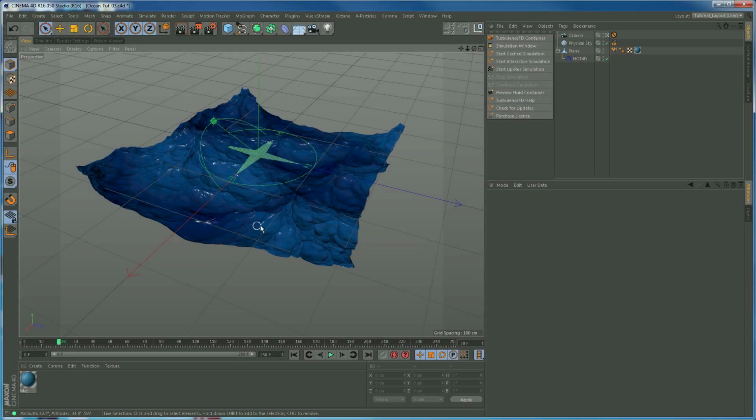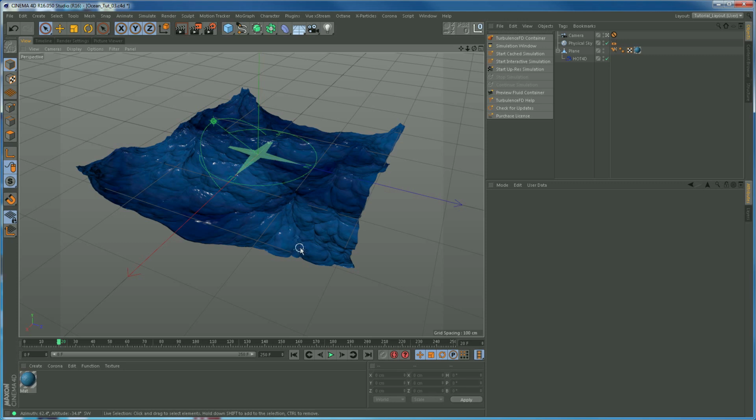So here we are in our Cinema 4D file for our ocean, and this is where we got to at the end of tutorial 1. So if you've not got to this point, go back to tutorial 1, go through it, save your scene file, and this is where we'll be. So we've got a very nice ocean with some nice animation, and we've got some nice highlights and reflective hits, but what we don't have is foam and we don't have spray,